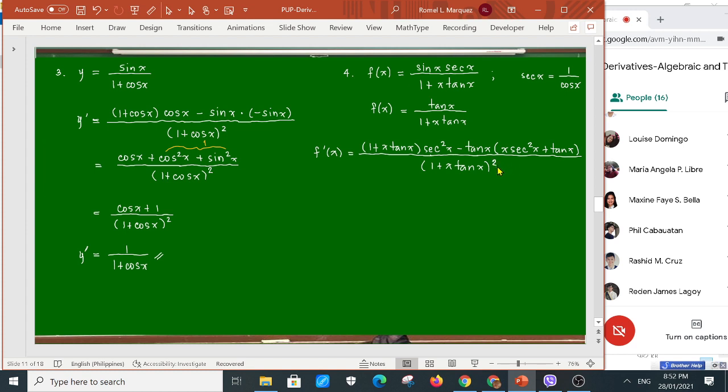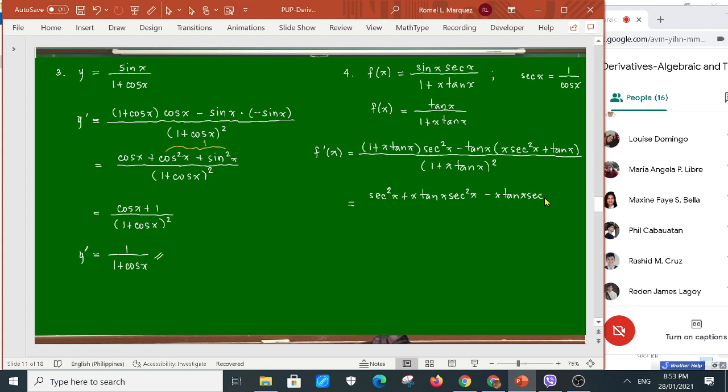Okay, quantity is squared. Let's simplify. Multiply secant squared for the first term, multiplied here to the first term, plus x tangent x secant squared x. Then minus, what about the second group? x tangent x